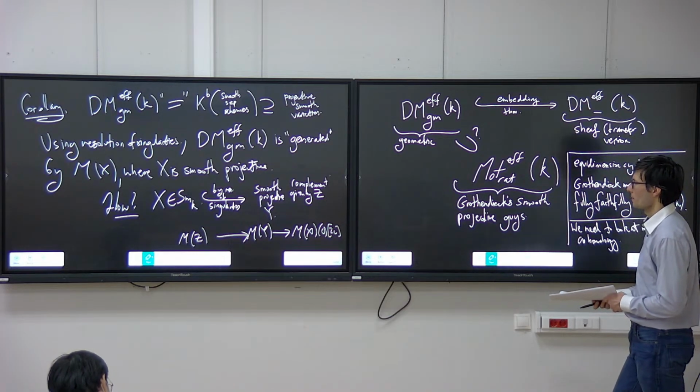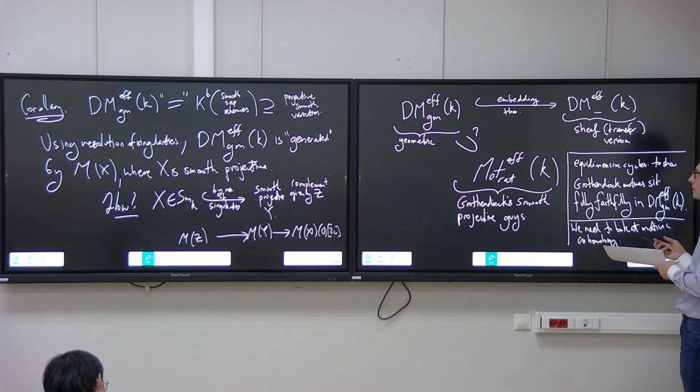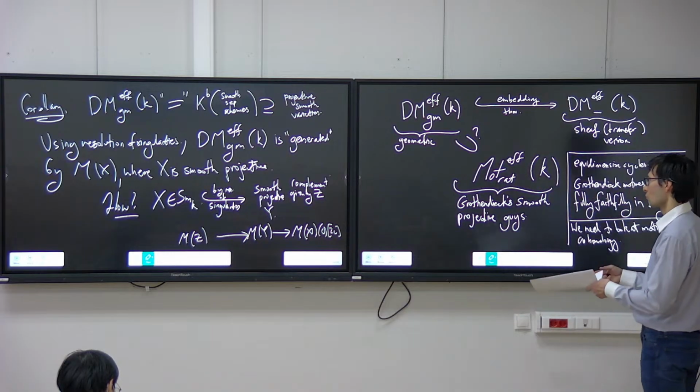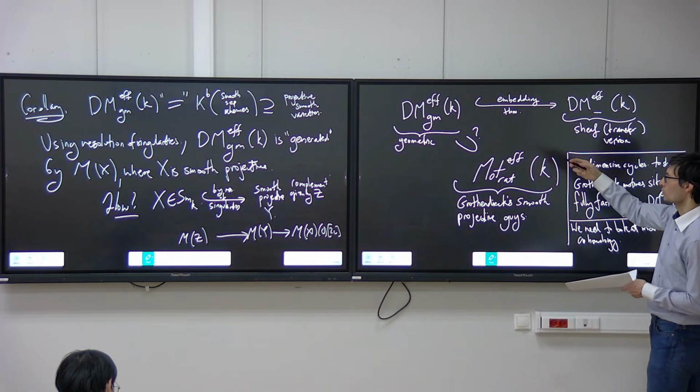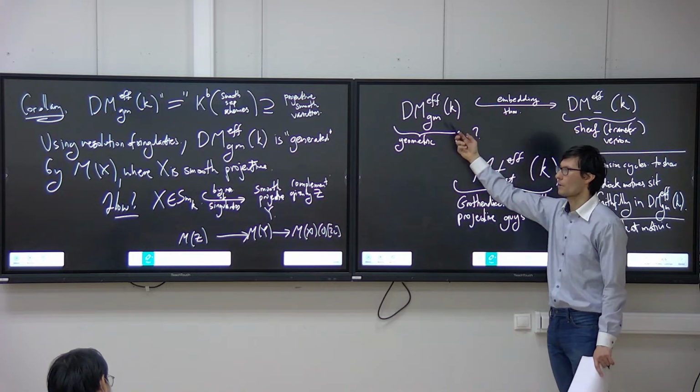So for historical reasons, I want to define what Bloch's higher Chow groups are, connected to motivic cohomology in Voevodsky's framework,